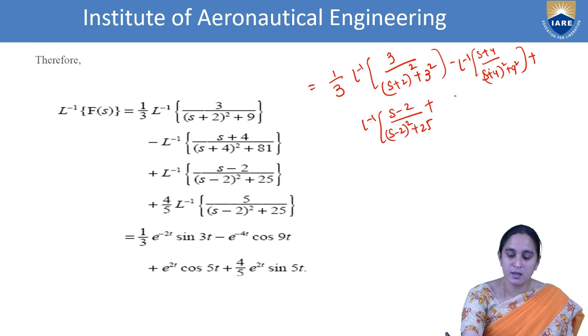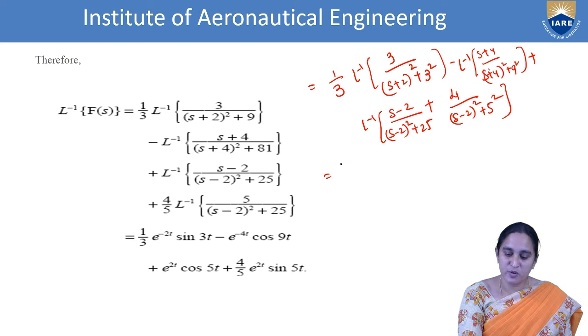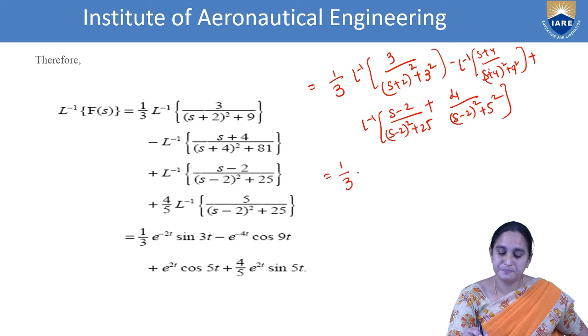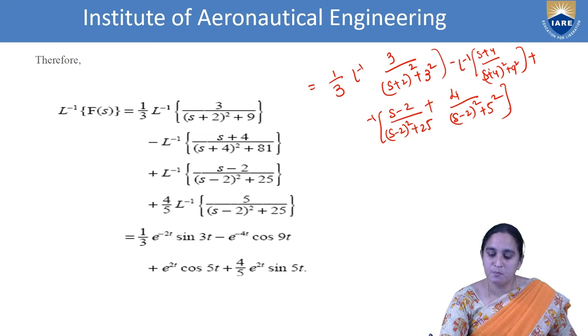That's why here I'm writing 4 by (s minus 2) whole square plus 5 square, or 25, whatever it is. This is equal to 1 by 3 into 1. Once you observe the last step, 4 by (s minus 2) whole square plus 5 square, again I'll convert that into a by s square plus a square form. What is missing here? 5 is missing. That's why I'm multiplying and dividing with 5 for the